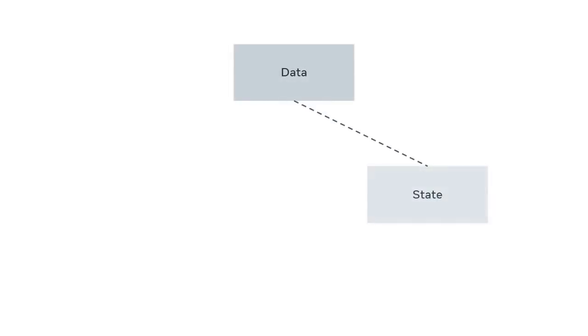Recall that state is a component's internal data, which that component can control or change, as opposed to props, which the component receives but cannot alter. In an app, you can render components conditionally based on whether a specific state data has specific values. In other words, when you write the rendering logic in the main app component, you'll need to reference the state